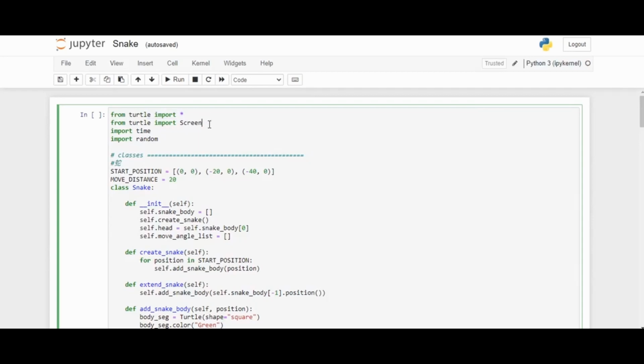From turtle import Screen. Any drawing action of Turtle graphics must be performed on the canvas. So you need to initialize the canvas object first, and then configure the canvas environment settings as required. And then